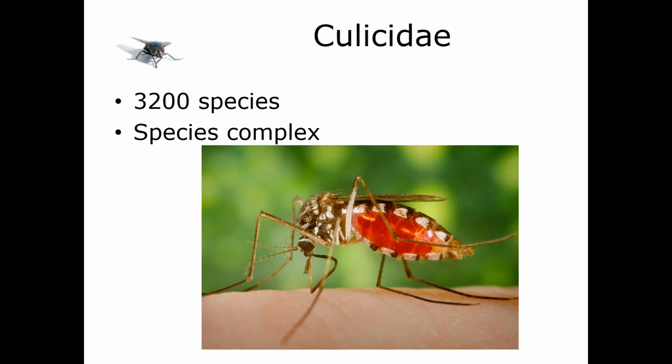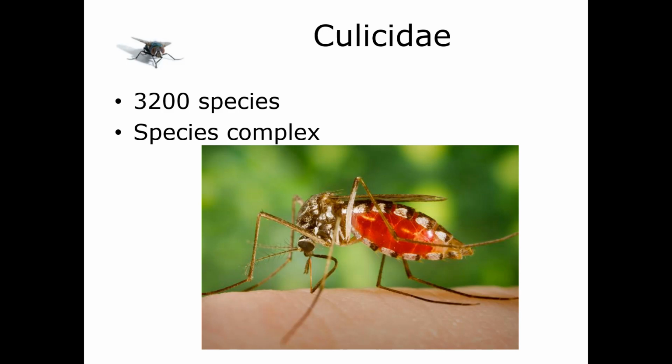So, the name Culicidae is derived from the Latin culex for gnat. And this is the type specimen for Nematocera. Remember Nematocera way back in the day? So this is the type specimen for that group of flies that have those long antennae, those sort of elongate bodies, usually proboscis, that sort of thing.